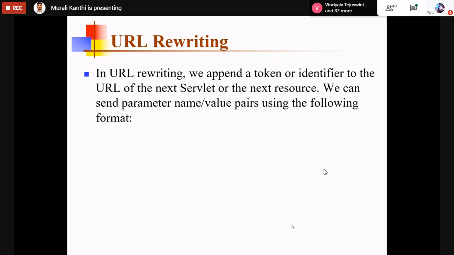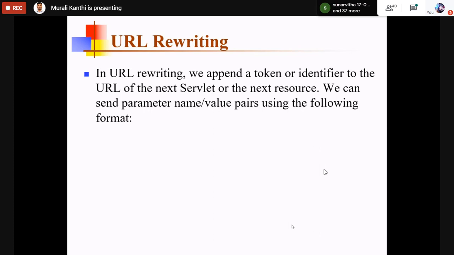So the server retrieves that information. That means for gmail.com, who is accessing, who wants this page to open? The server has to identify the client. So in that request, one more thing is there, that is an ID.